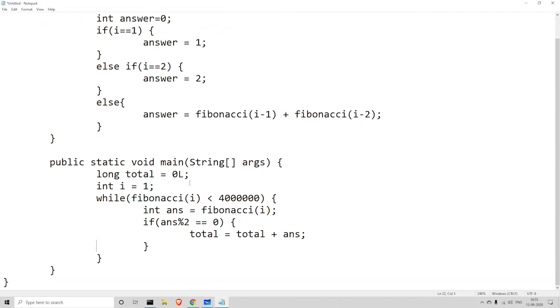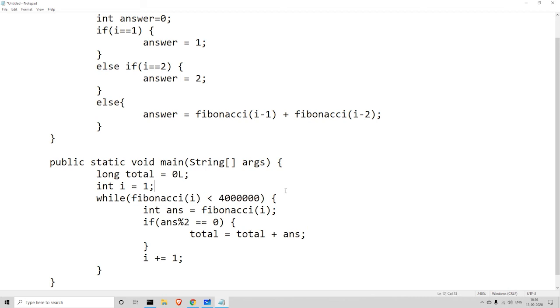Now one more thing you have to keep in mind is that every time you check whether it's less than 4000 or greater than 4000, once it's less than 4000, it will go inside this loop and you'll check if it is even. If it is not even, or even if it is even, you have to increase the number to get the next Fibonacci number. Only if you increase I, so I'll say I plus equal to 1. So that means I is equal to I plus 1. That's what this logic is. So when you run it, it will increase the I value. So from 1 it will become 2, then 3, then 4. It will keep on going until this while statement is stopped.